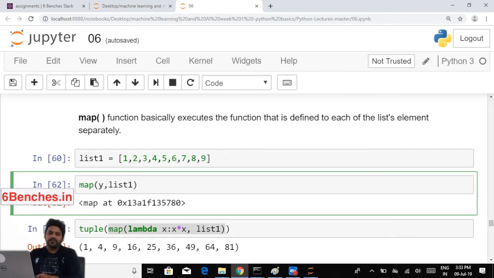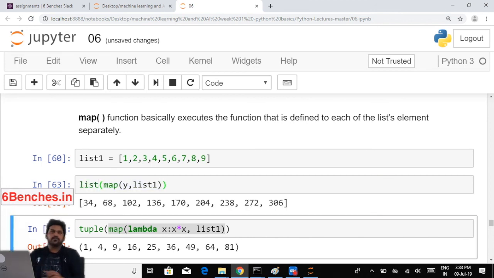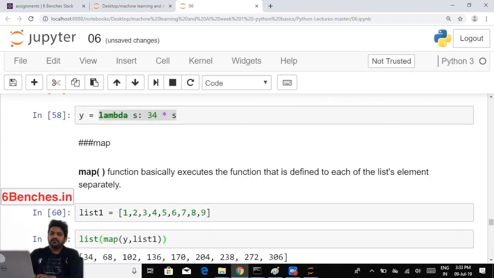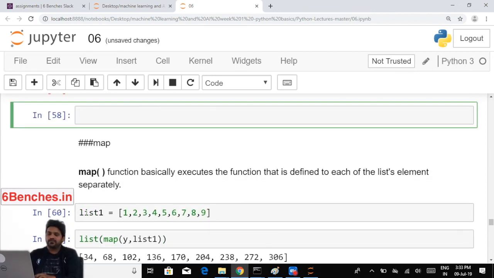Now the resultant of any map function is a map object. We cannot directly visualize it. The best way is I can put it in a list or a tuple. What I'm doing here, three things. One is I'm defining a lambda function first of all,